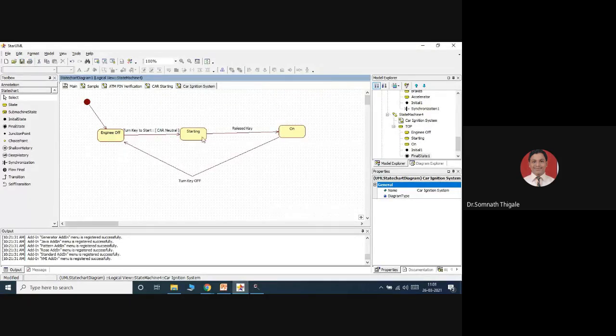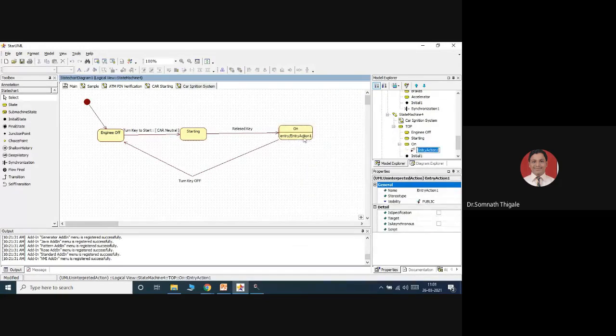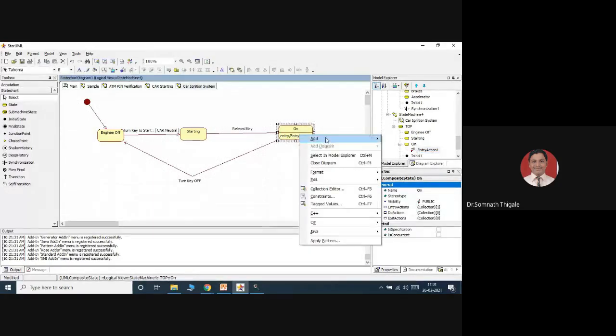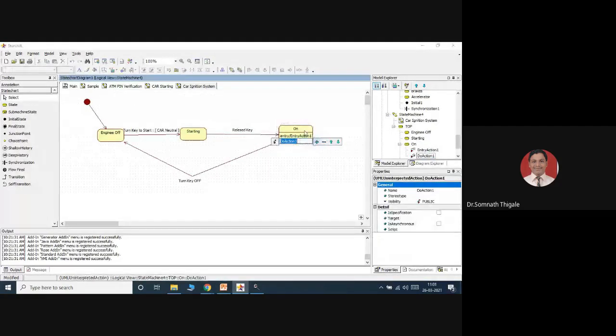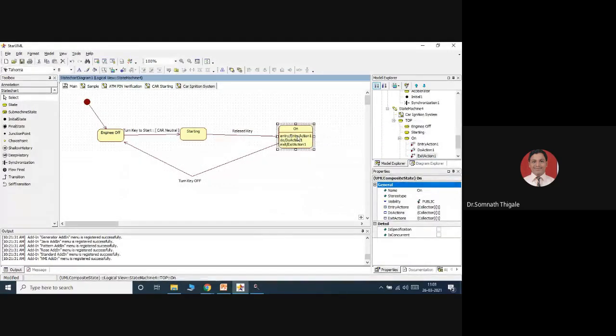Again, the different points are also there. After on, add entry action, add do action, and add exit actions. So entry actions, you can just check here, entry action, key corrected, correct key, we can say, proper key inserted, do action,